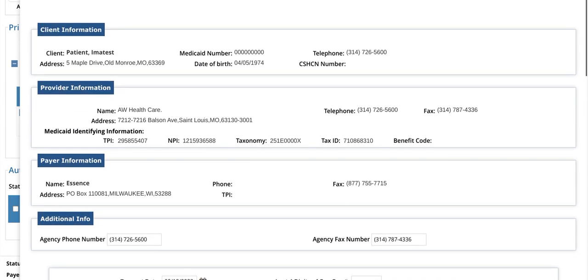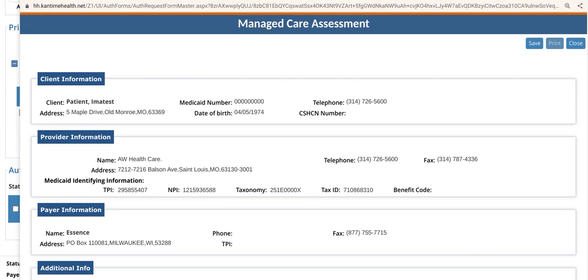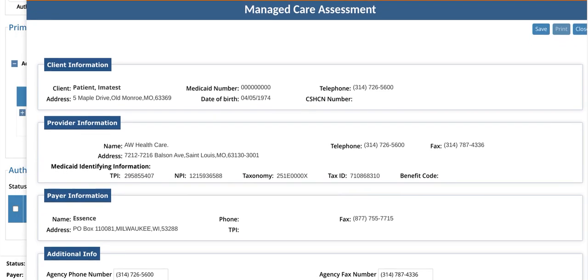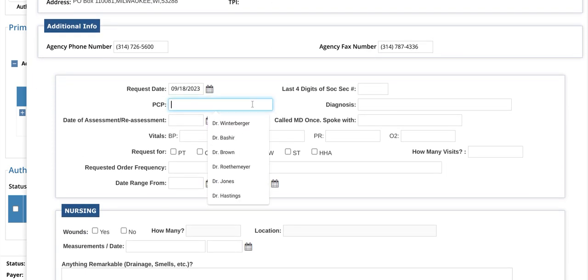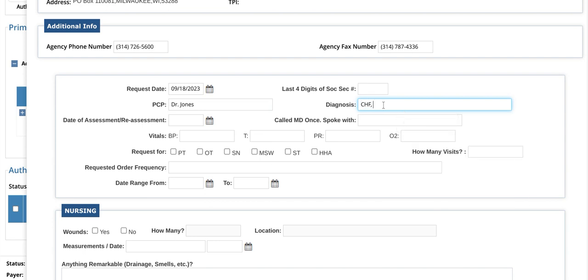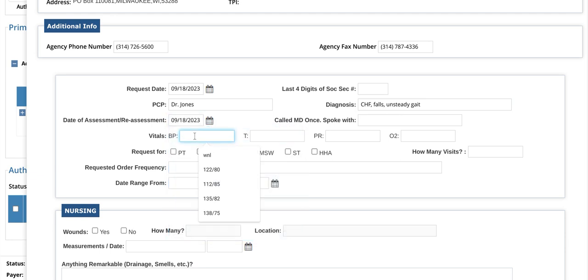This is what the authorization request form will look like. It'll say Managed Care Assessment at the top. And we'll go ahead and get started. So first is this box with basic information. Enter their physician, diagnosis, date of assessment, enter their vital signs that they had at your visit,